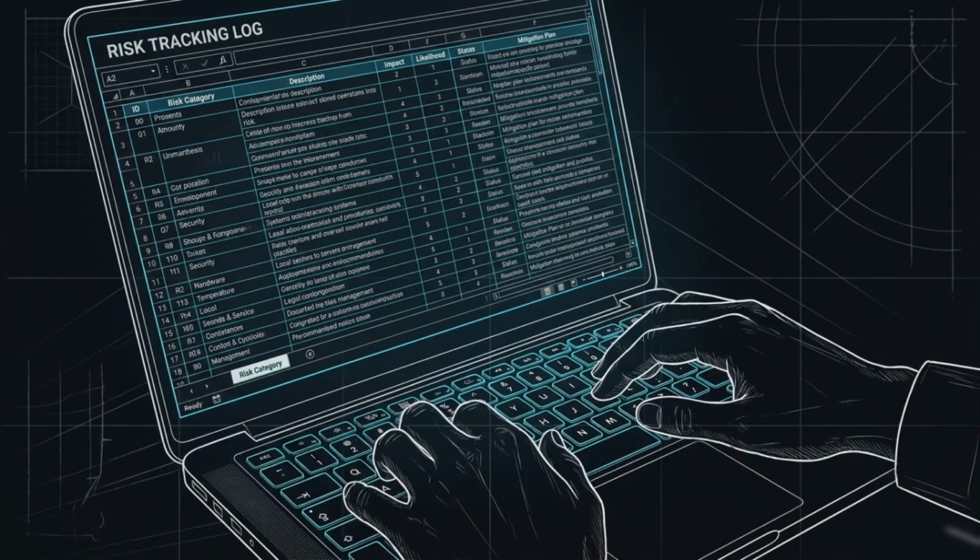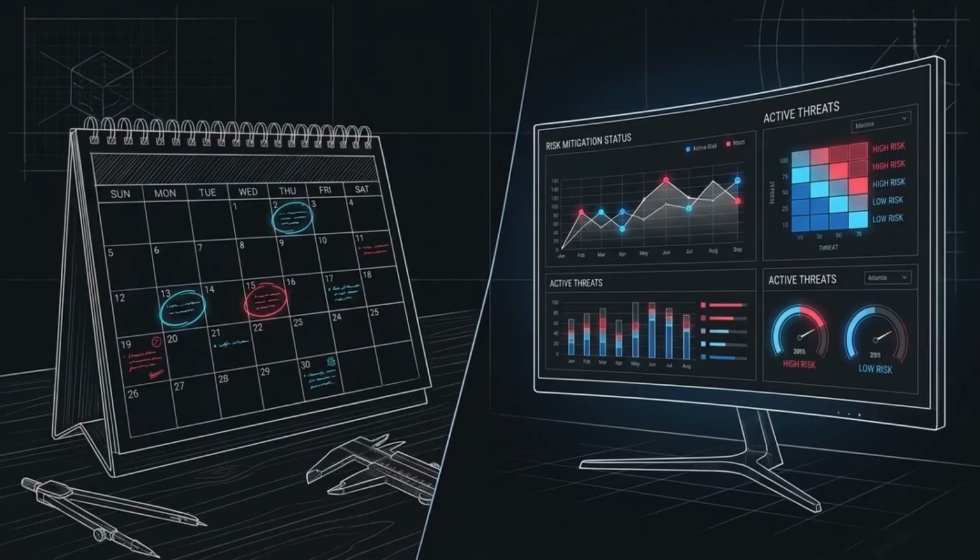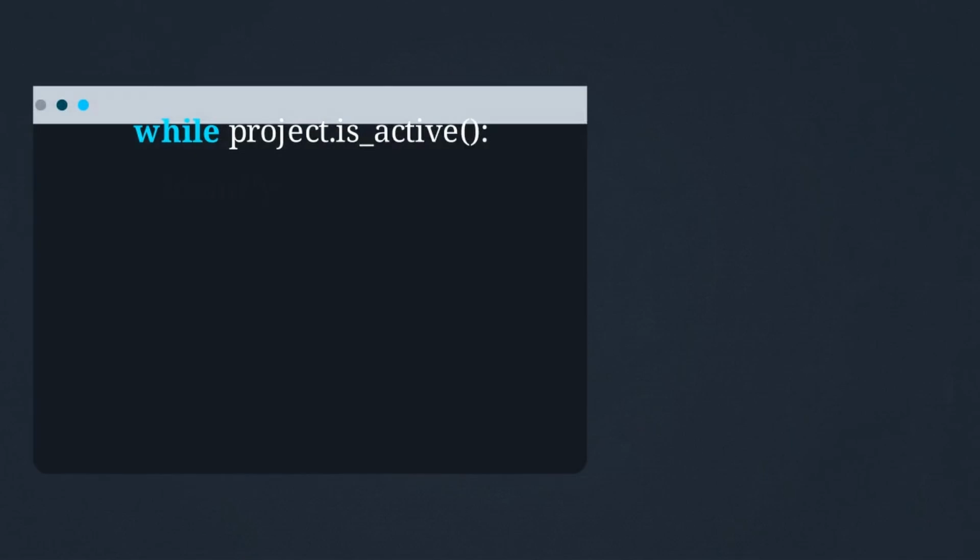Once we can categorize threats, we need an active mechanism to control them over time. Risk management is not a static business meeting at the start of a project. It is a continuous computational loop that runs alongside development. The loop begins with the identify phase. Finding threats early gives the team the necessary time to arrange defensive backups.